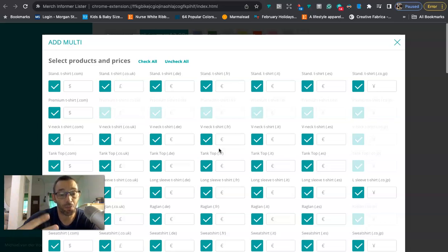Now, I have 2 profiles. I have one for dark shirts and I have one for light shirts because I design for both white and black t-shirts. But here what you can do is you can basically select the marketplaces that you want and the prices. Now, me personally, I don't sell on UK, Germany, France, Italy, and a lot of people ask me why,